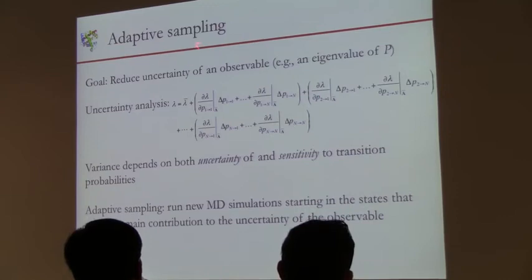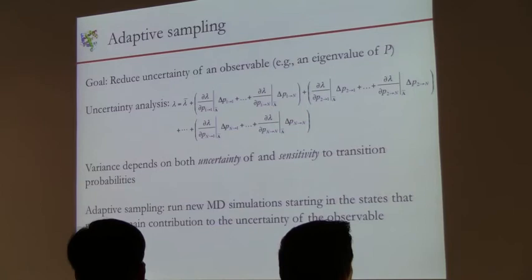If we're interested in some observable, for example, an eigenvalue of the transition matrix, or the longest characteristic timescale, then we can expand that observable, which is interesting to us, in terms of the errors that we have in each of the elements of the transition matrix. It's just the simplest Taylor series expansion, first order expansion. We can use it only if we are near to the correct point. But this shows us that